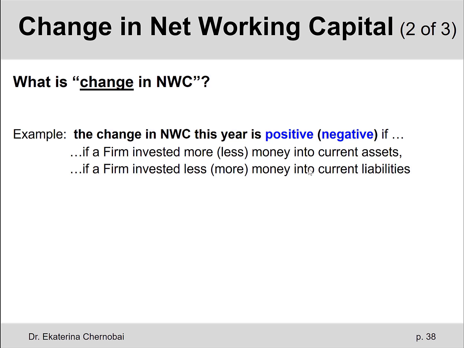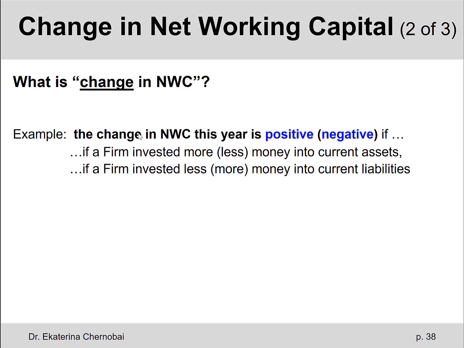So it means, if we decrease current liabilities, it means we paid off some of our short-term debt, right? And paying it off means that the money has left the firm. So that's kind of a bad thing. We have paid money, right? And if we set aside cash or increase inventory, it also implies paying money. So either one of the two, or a combination of both, results in the change in net working capital that is positive. Negative would be the other way around.